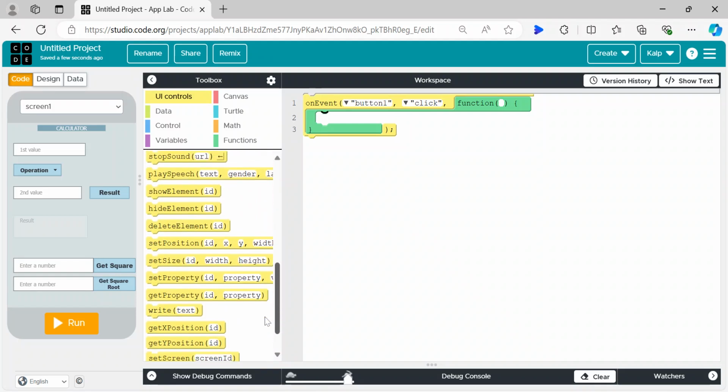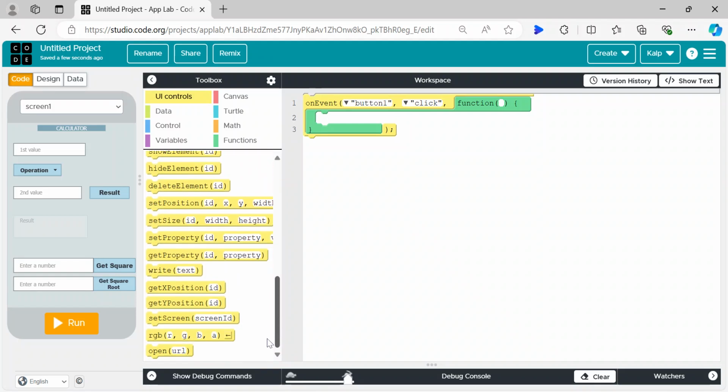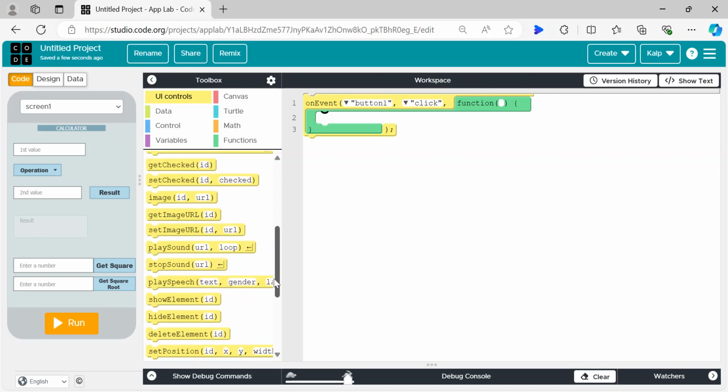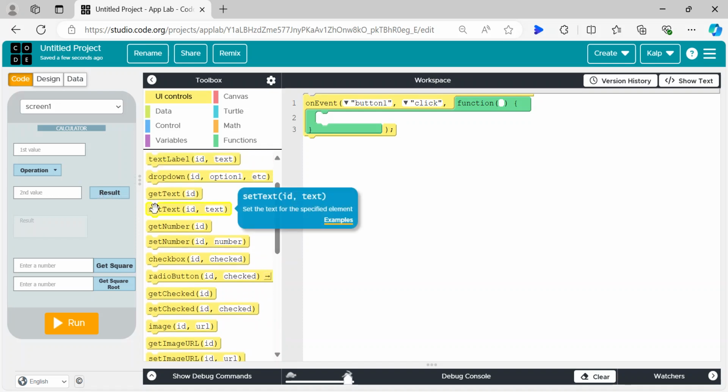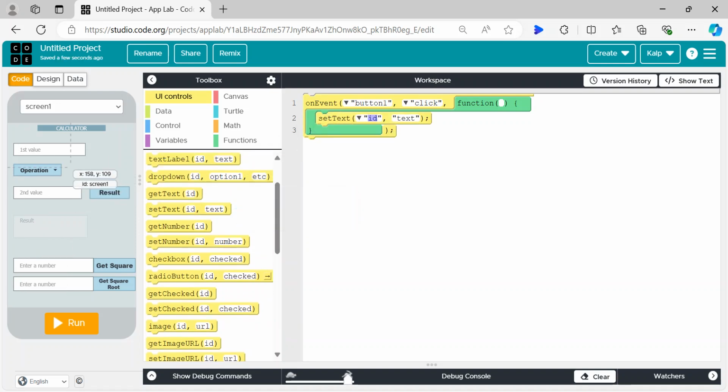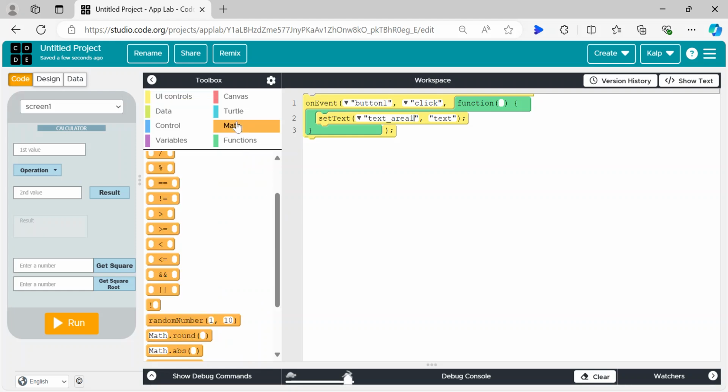Set text of this is text area 1, text area 1 as. Alright. So set text of text area 1 as